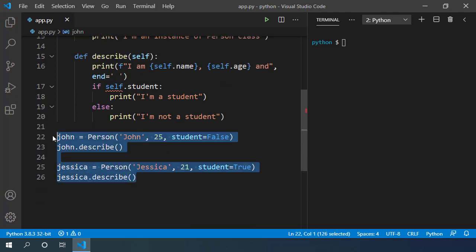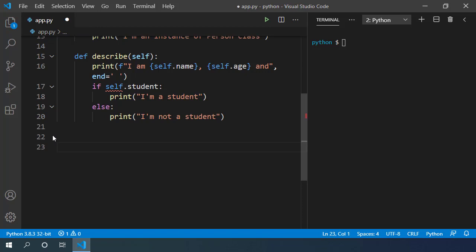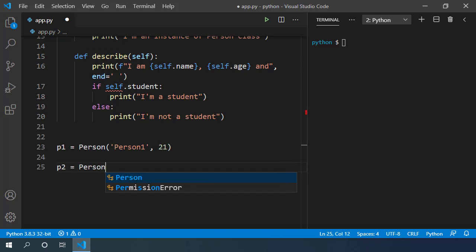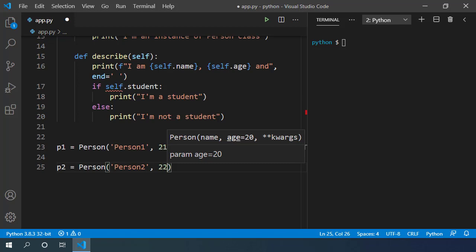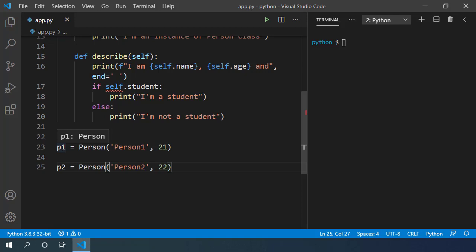Let's remove these two objects, John and Jessica, from the bottom of the file, and let's create new objects: Person p1 with name person1 and age 21, Person p2 with name person2 and age 22. Here we assign the object p1 a name value of person1 and age value of 21. Those values are assigned to this specific object p1, and the property values assigned to object p2 are totally different